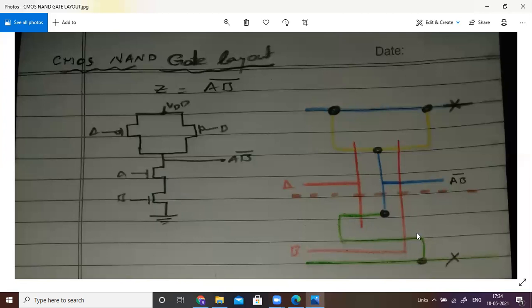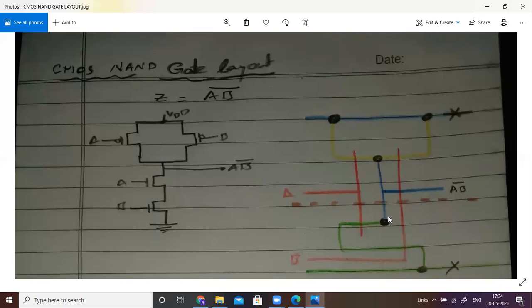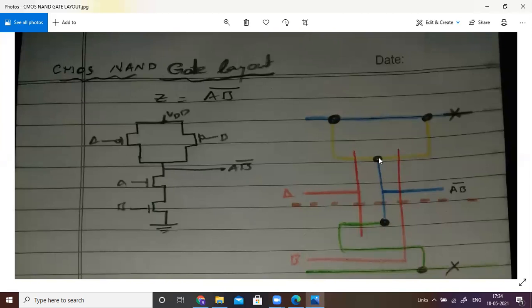In order to join this drain and the drain of this top transistor, these two are joined together. Because these two are different, we are on the demarcation line here. We take a metal layer and draw a vertical line by taking the blue color, to join these two thin axes. Draw through the two thin ax layers using a metal layer like this. So we put one contact here and another contact using a black color. Black color is over, and then take a red color.